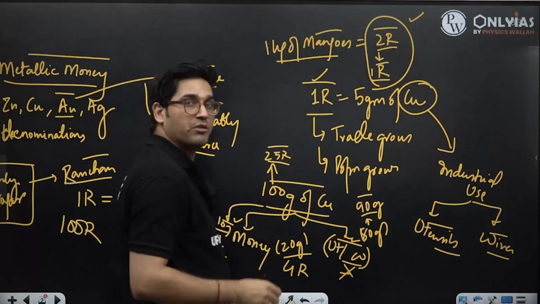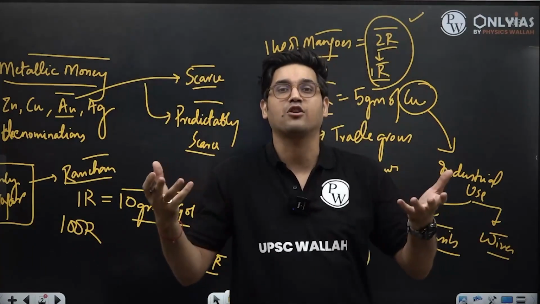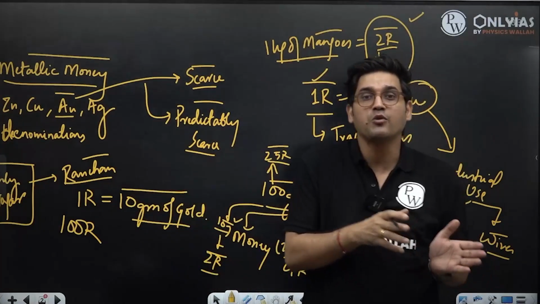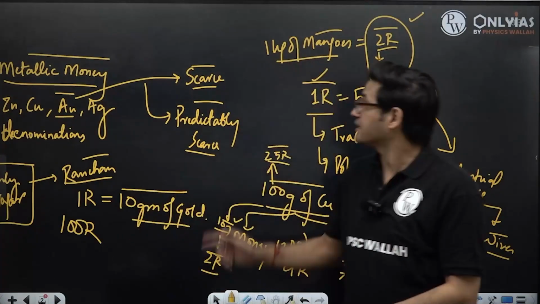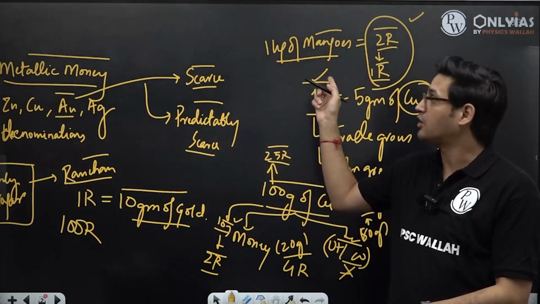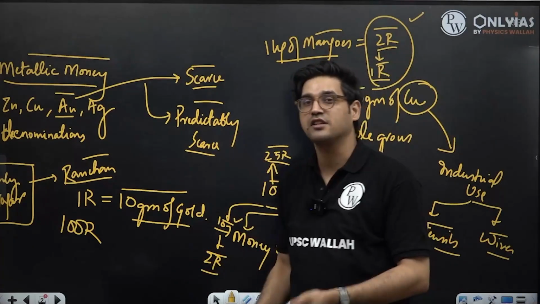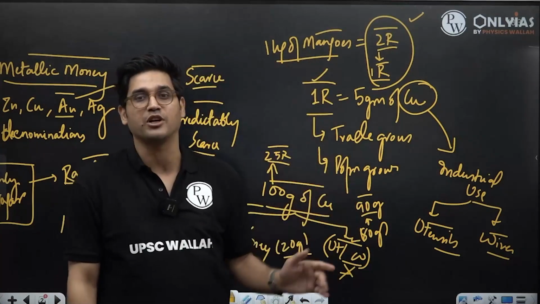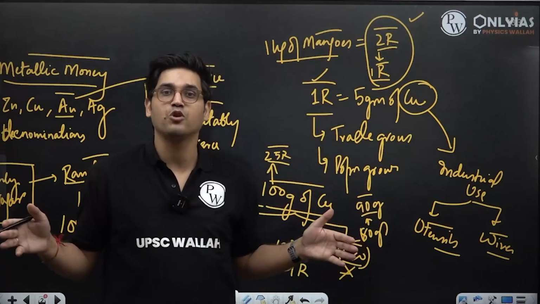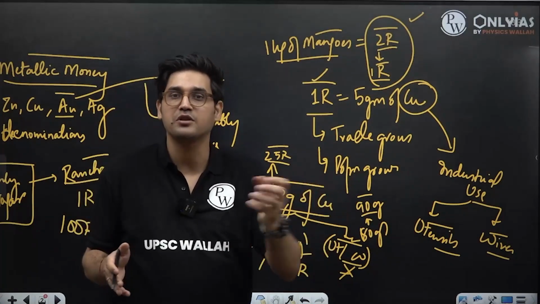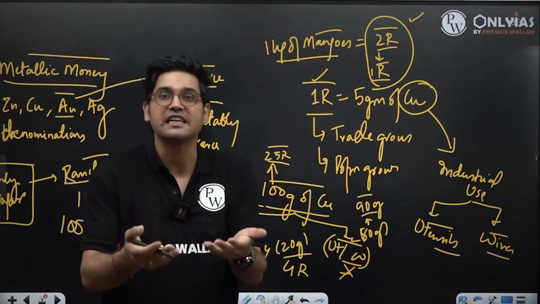That means in this economy, the supply of copper coins has increased. Many people have extra copper coins on them, and they would want to exchange these copper coins for the limited produce that the economy produces. Like in this case, scarcity of copper coins drove the prices of other commodities down. In this case, the abundance of copper coins is going to drive the prices of other commodities up because everybody will be willing to chase other commodities and everybody has more money. There is more money chasing fewer goods and services. That means the value or the price of those fewer goods and services is going to increase.